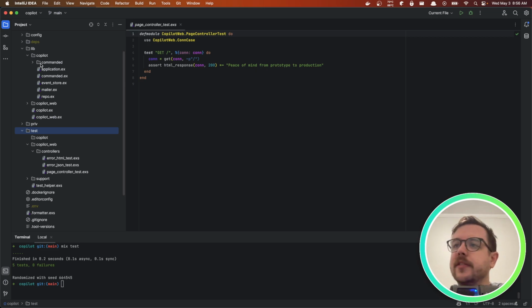Technically, Elixir is not a statically typed language, and so the types are more for documentation purposes. But the reason why behaviors and having an interface are important is because later on when you're writing unit tests,